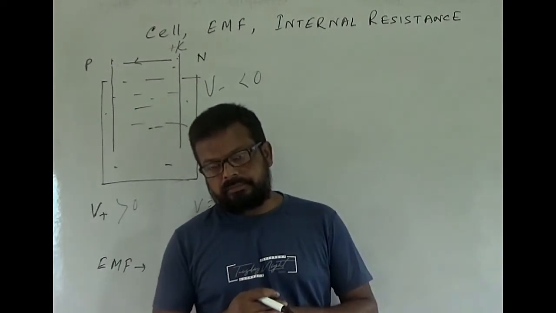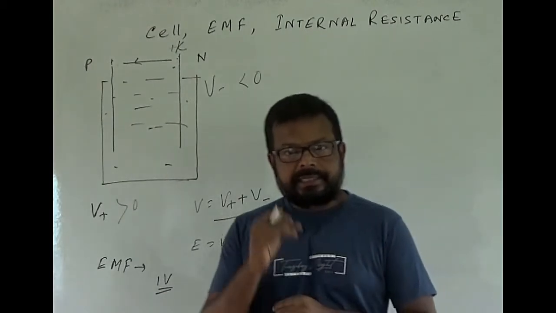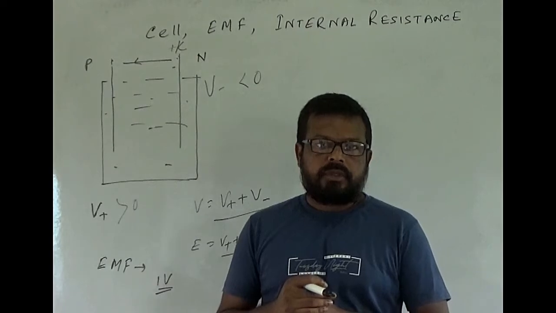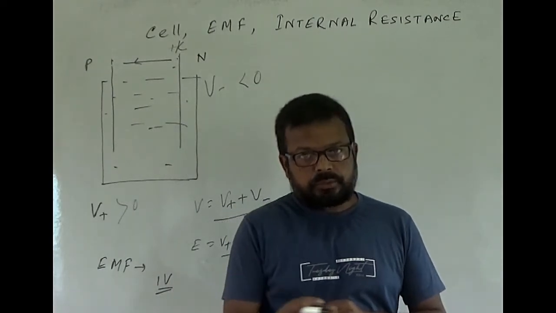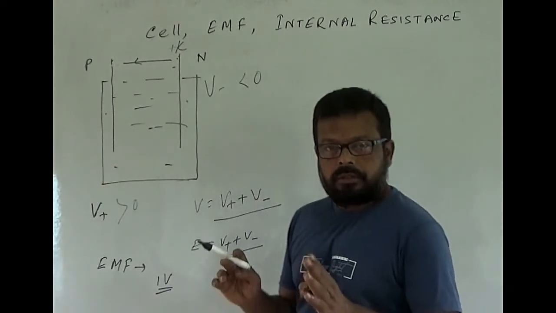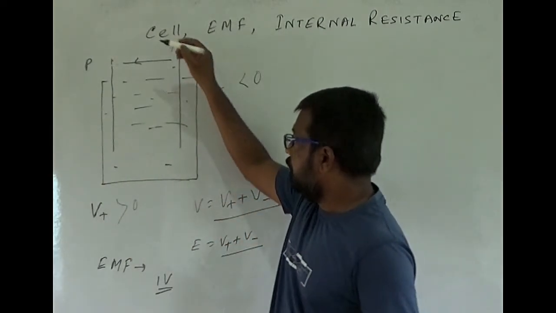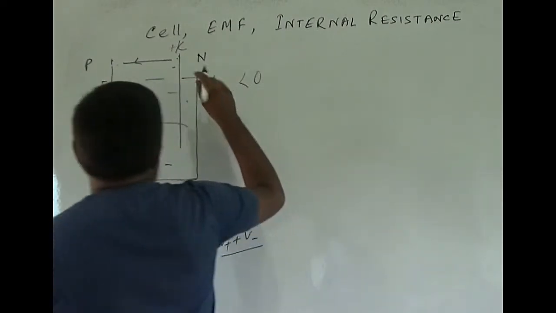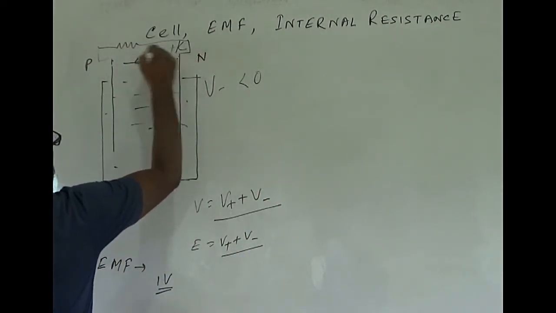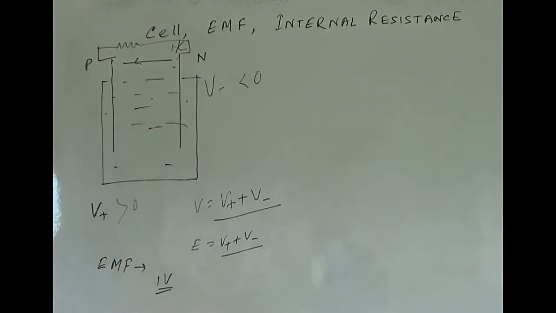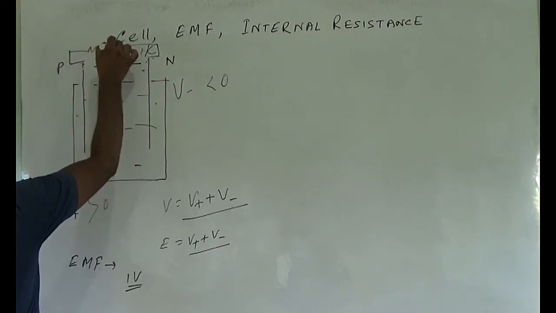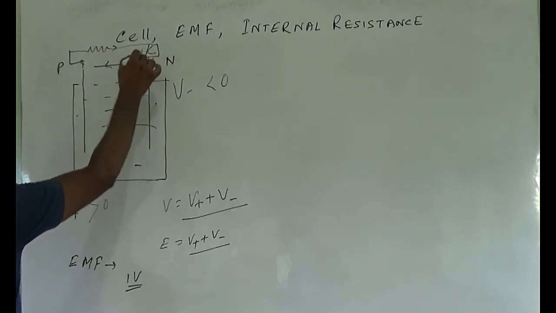And again, think about when current is flowing in the external circuit as well as through the electrolyte inside the cell. And see here, if we connect this cell in an external circuit, let us say this is the external circuit, then current will flow in the external circuit in this way, that is from positive terminal to negative terminal.